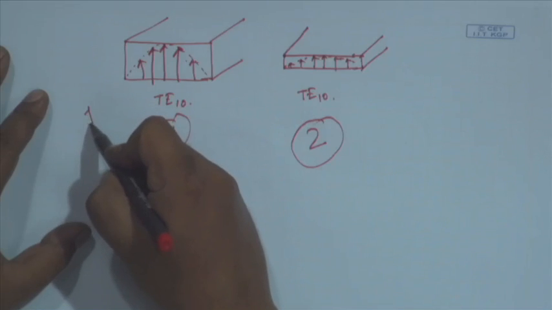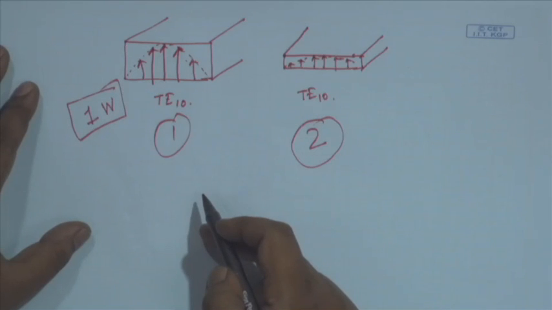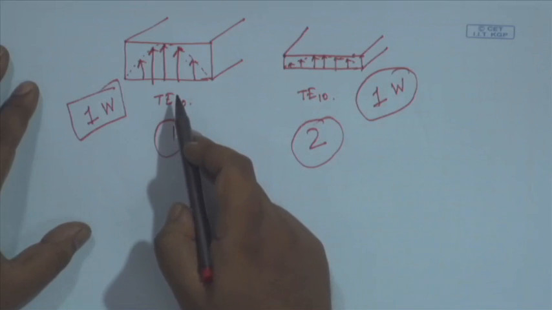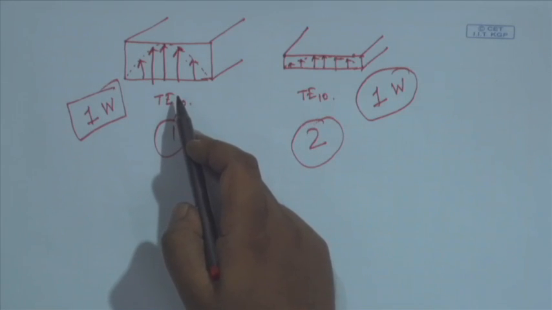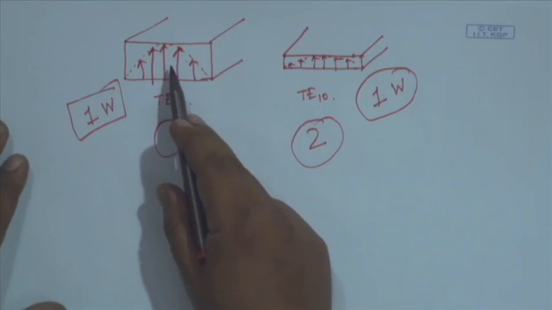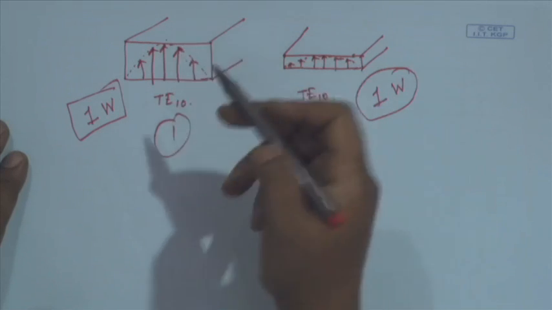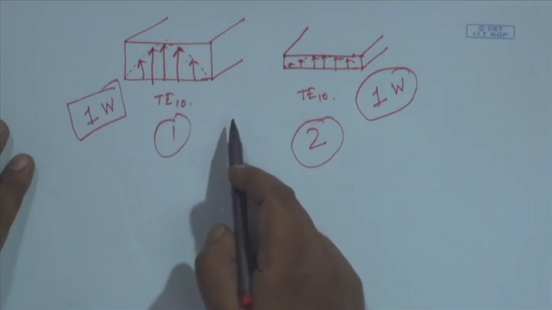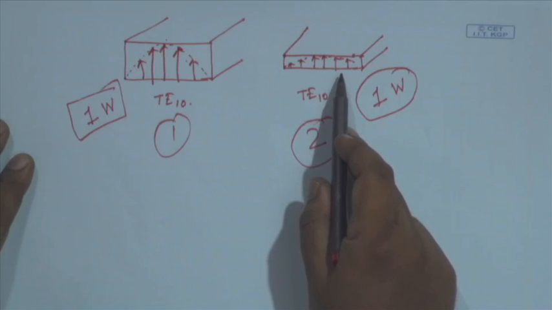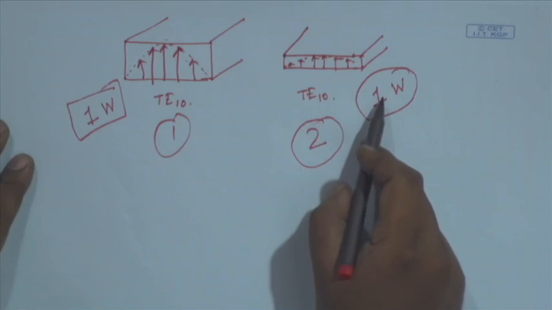So, if I send 1 watt of power through rectangular waveguide 1 and the same power through rectangular waveguide 2, and then calculate the electric field values, obviously in the first case we have a much smaller electric field value. And whatever current we have, the maximum current on the mid plane on the metal surface will obviously be much higher for case 2. Since the current component is higher, we are expecting more metal loss from case 2.